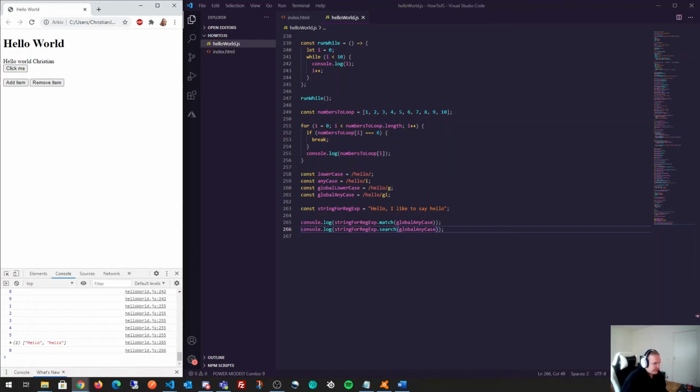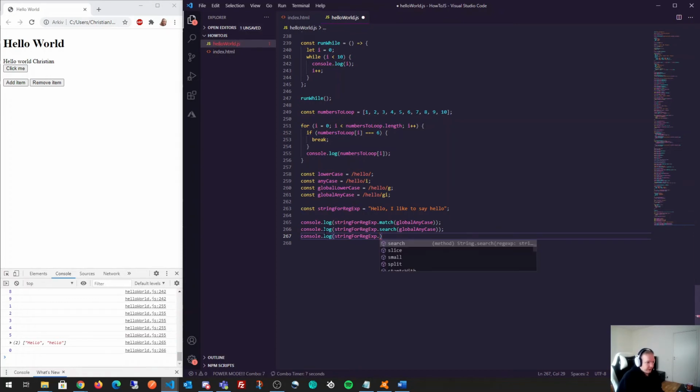What we can also do is maybe a more useful method, what I find a more useful method, which is the replace method. What it does is basically it identifies the position and the match of characters in a string with a regular expression, and then it replaces it with basically whatever we want. So if I take this string for regular expressions here, and then I would say dot replace,